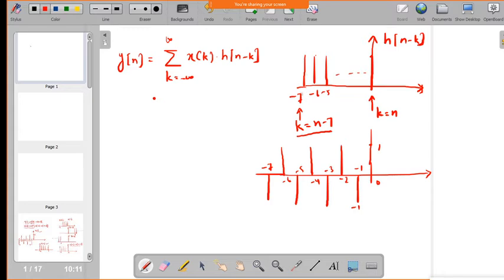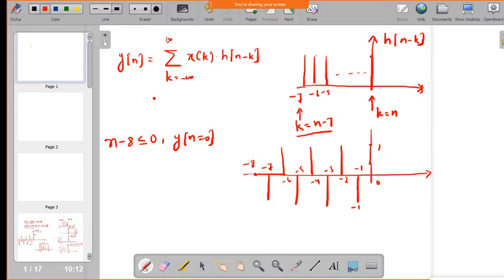Take the index values. Now see here, when n minus 7 is less than minus 7, or less than or equal to minus 8, then there are no samples, is it not? So whenever your n minus 8 is less than or equal to 0, this will have the value 0, and if you convolve this it will give y of n equal to 0.